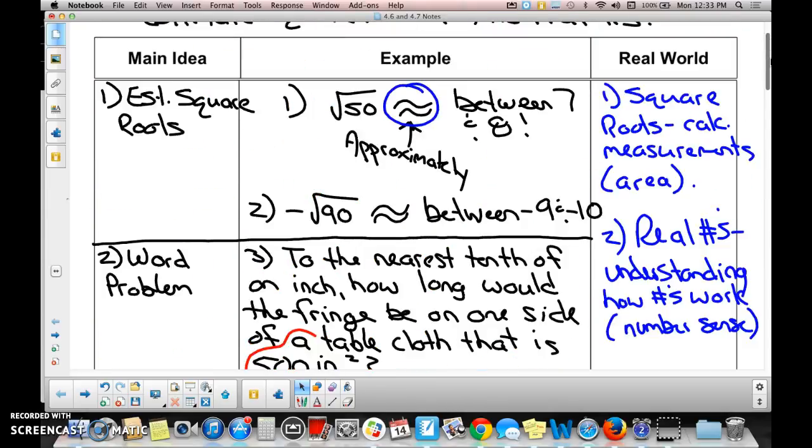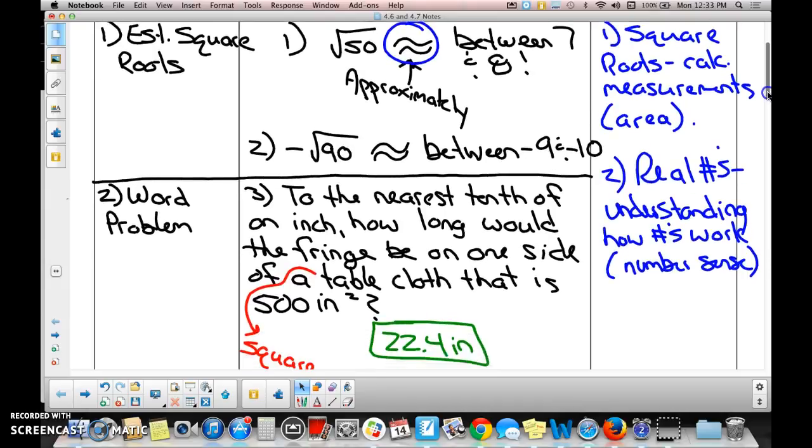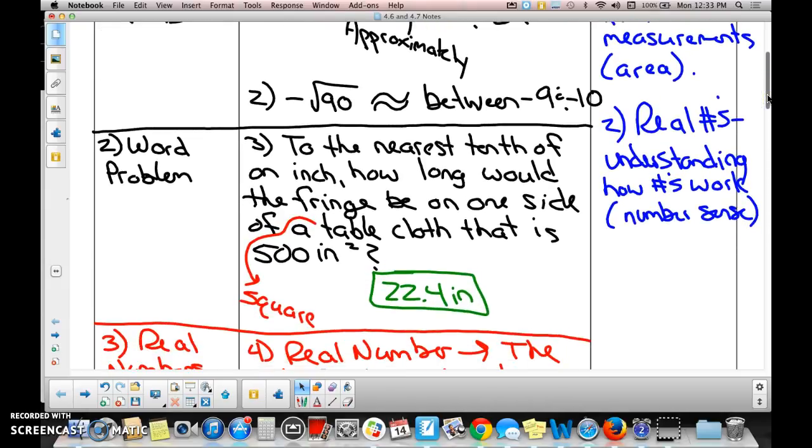And then where would you ever use estimating of square roots? Calculating measurements almost always involve some sort of estimating or calculating. And then real numbers, you just need to understand the difference between rationals, irrationals, wholes, integers to understand how numbers work. And a lot of examples, Haley talked about gas prices, Brianna talked about oil prices, Cole talked about rounding, Jacob talked about compound interest, right, Jacob? Dominic talked about,